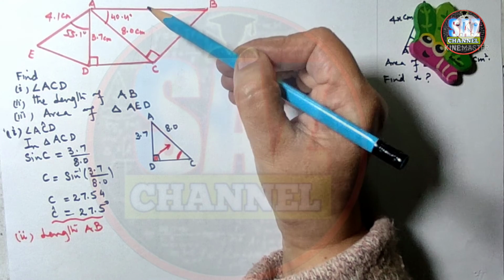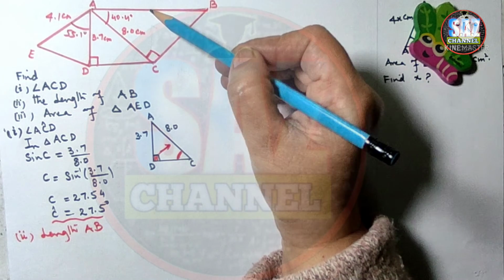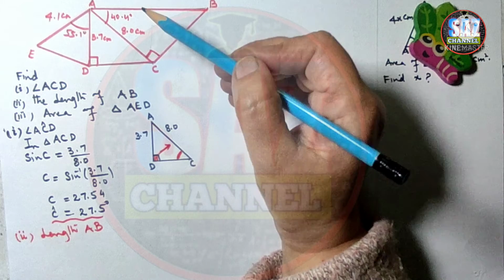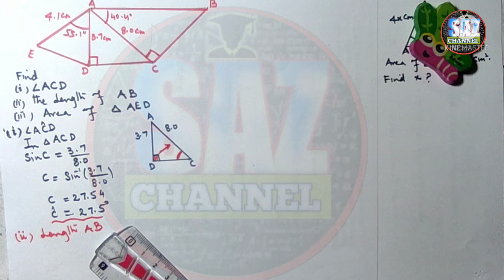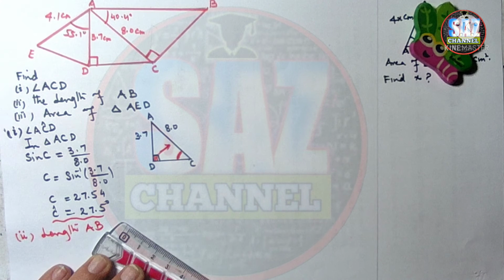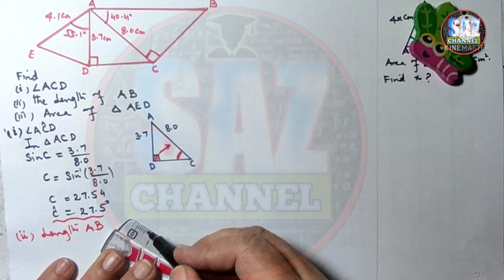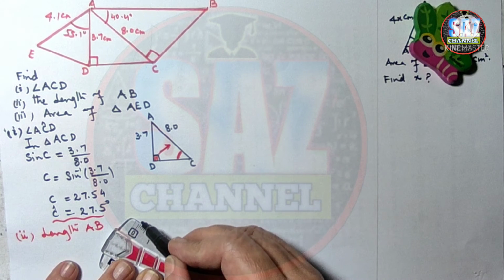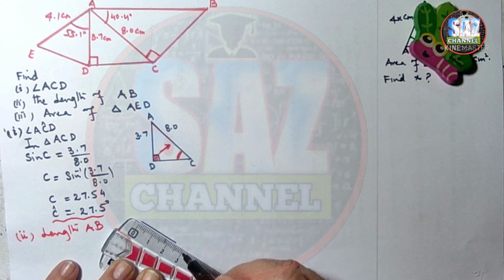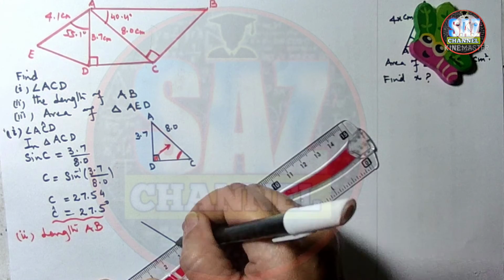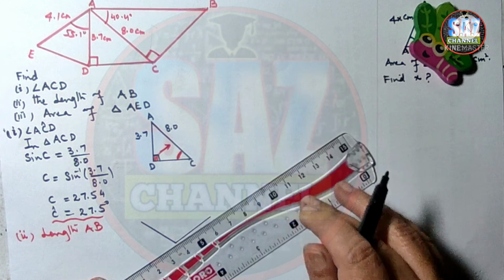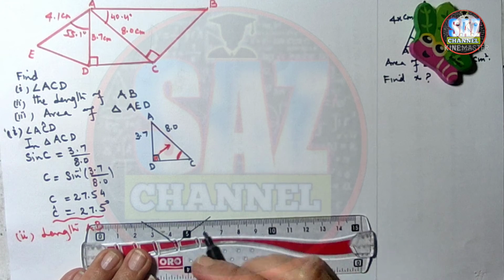So students, recall which trigonometric ratio involves adjacent and hypotenuse. Please, the connection of the previous lesson with this lesson is really important. If we are not connecting Pythagoras theorem and basic trigonometric ratios with this lesson, we will find this lesson difficult. Now what we have to do is make a small triangle here, so that the examiner can understand easily which part of the diagram we are taking and what we are talking about.